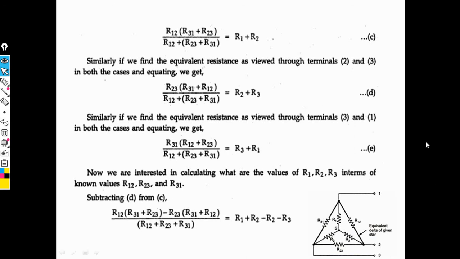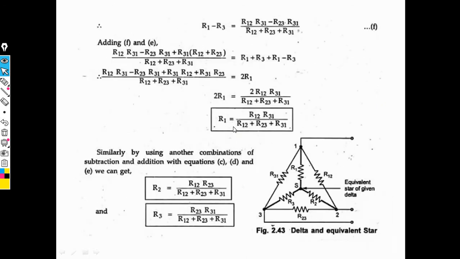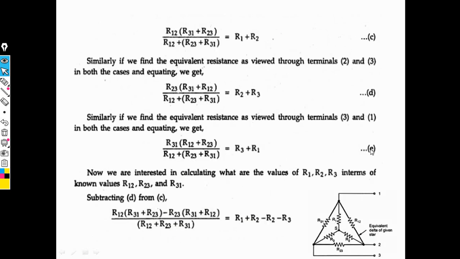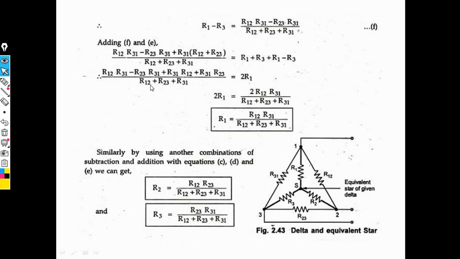Then we subtract equation D minus C. Then we obtain the next equation, R1 minus R3. Then we obtain this equation, which is called the F equation. Then adding the F equation and the E equation, we obtain the value of R1. Then with reference to the R1 value, we obtain the values of R2 and R3. And this total phenomenon is called delta to star transformation. Okay, now this is the way